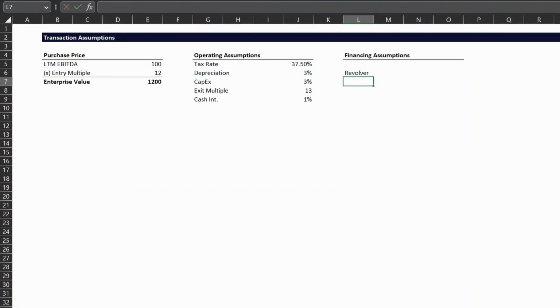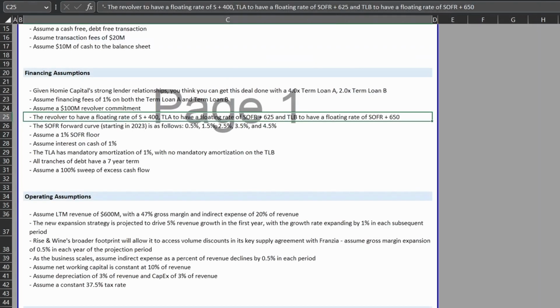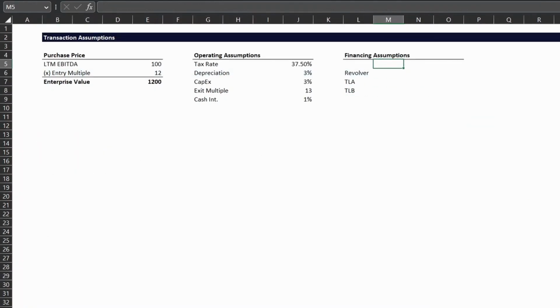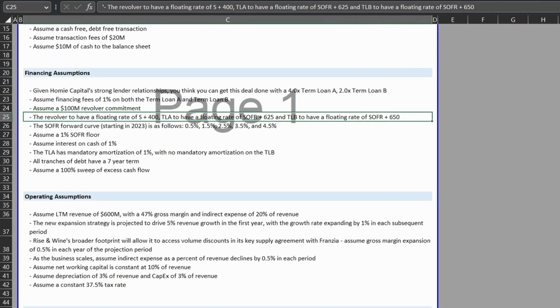So we'll do revolver first, abbreviate term loan A and term loan B, and the info we want from those is going to be our leverage, our debt quantum or amount, our pricing on the debt or our interest rate, any arrangement fees we might have on the debt, and then any mandatory amortization we also might have on the debt. Center that, underline it,